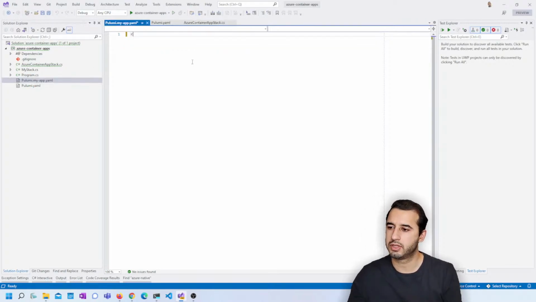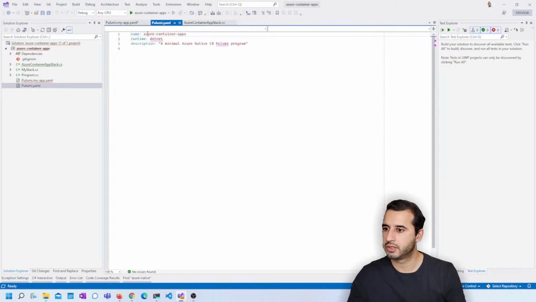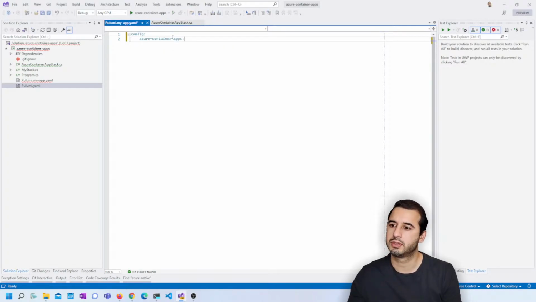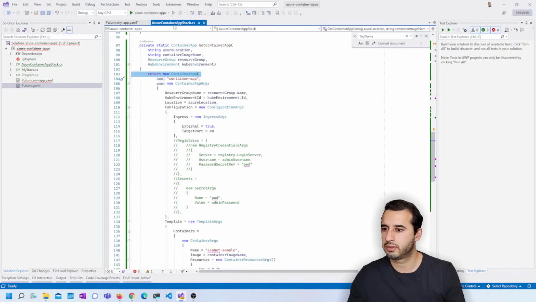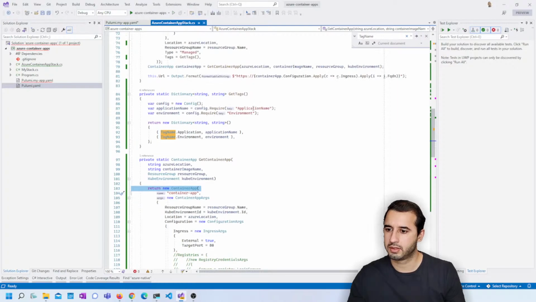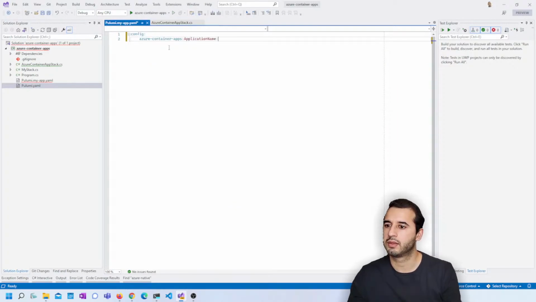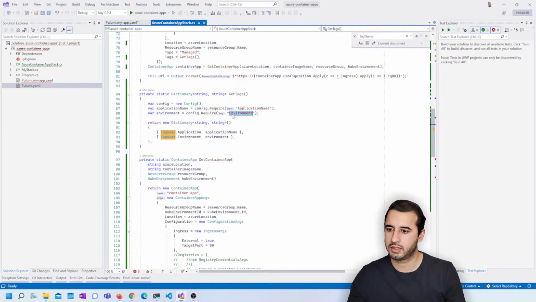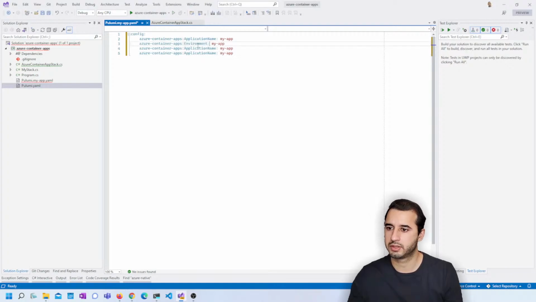At the top level there was config, and then there was, I think it was Azure Container Apps colon, and then the application name colon, we'll call this my app, and we had environment,